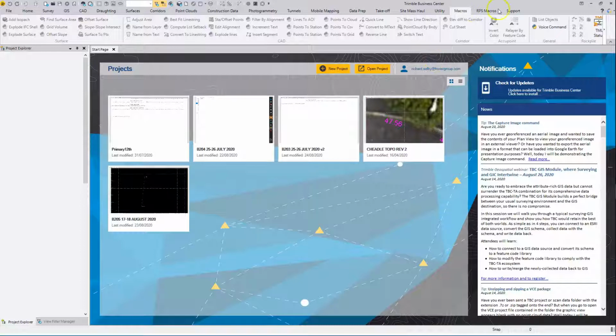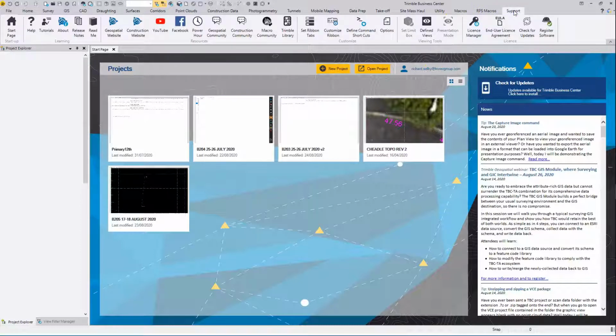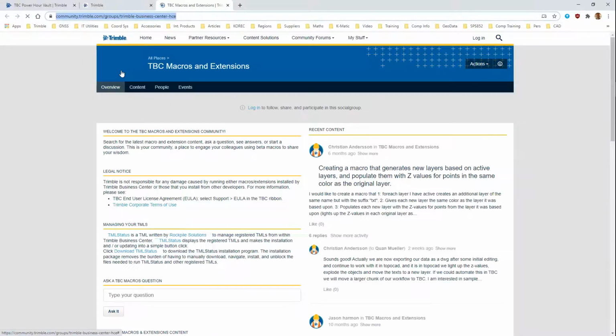So the reason I hopped onto there, if I go back to the support ribbon, you've got the next button along, which is onto the macro community page. Now the macro community is hosted within the wider Trimble community website. So if you're not already registered for the Trimble community, then it's something that you should consider doing as a TBC user,